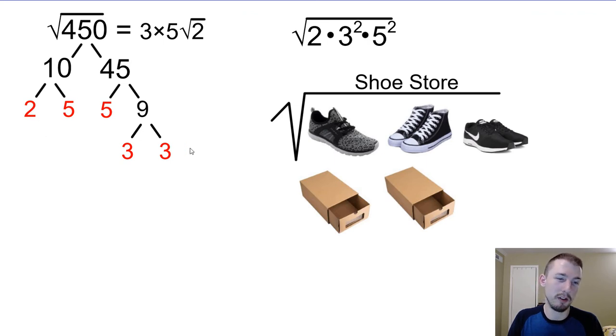Anyway, until you can find all the products of the primes. Alright, so once we have that in the square root, we're looking for any pairs to be able to come out, any perfect squares. So in this case, it looks like we have 2 3's and 2 5's that can come out of the